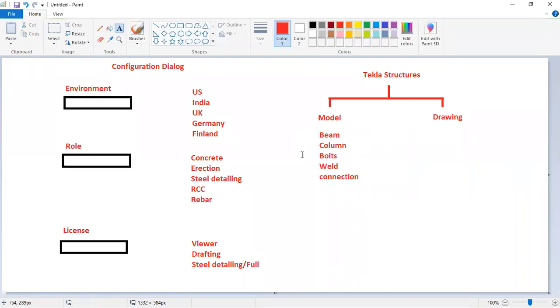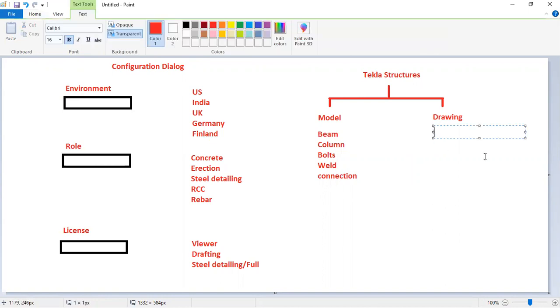So these are the basic elements, and there are other elements derived from these basic ones. We will not be looking at those derived elements because it will take a lot of time. We'll just go through these basic elements. Once these basic elements are clear, then the whole picture will become clear for you to work on Tekla Structures, right?